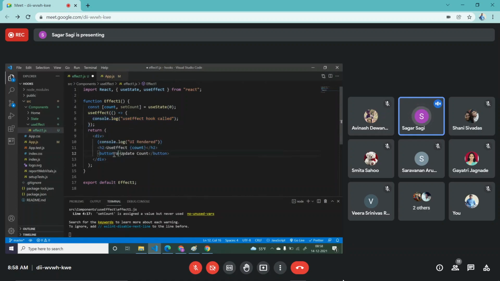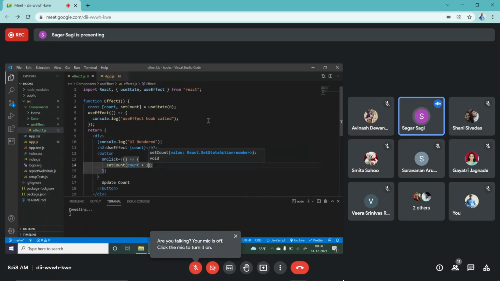So for that I'm writing onClick equals to, and inside this onClick I can write one function like this. Now inside this function I can call setCount. So count should be increased with count plus 1. Whatever count value is there, plus 1, just update it with that value.